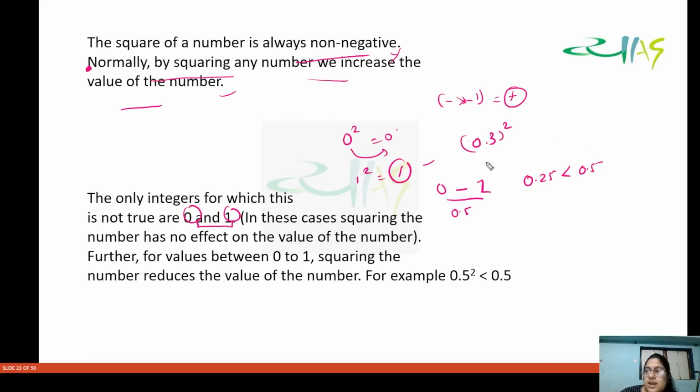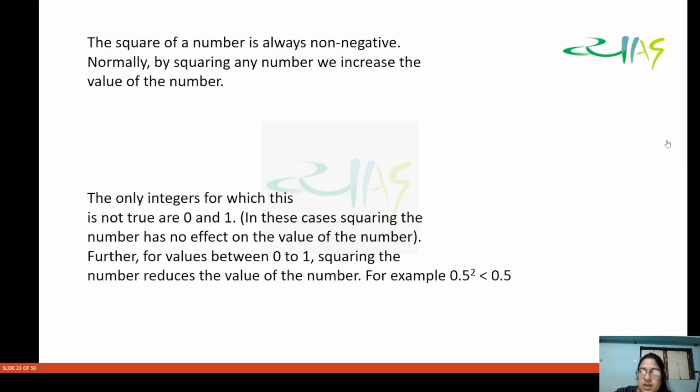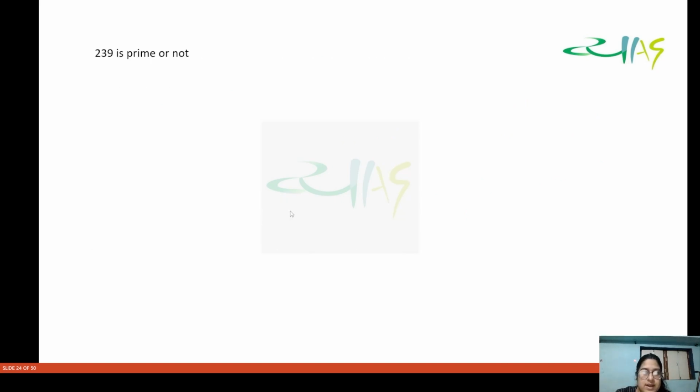ओके, इसी तरीके से अगर आप 0.3 का स्क्वायर करेंगे, ओके, तो वो क्या हो जाएगा, 0.09 हो जाएगा। तो ये जो बेसिक कॉन्सेप्ट है कुछ आप क्लियर रखिए। ओके, सो दिस इज ऑल अबाउट स्क्वायर एंड इट्स प्रॉपर्टी।